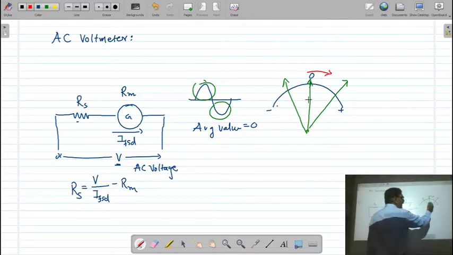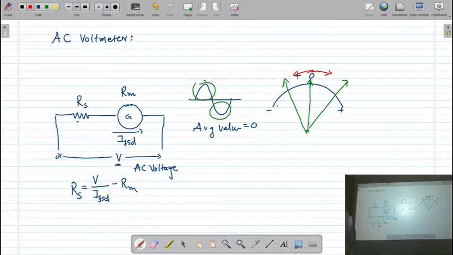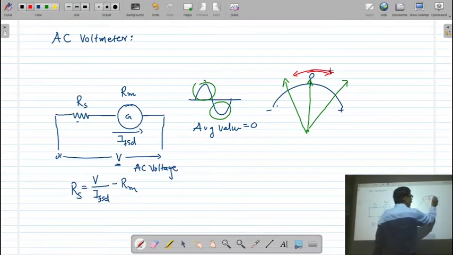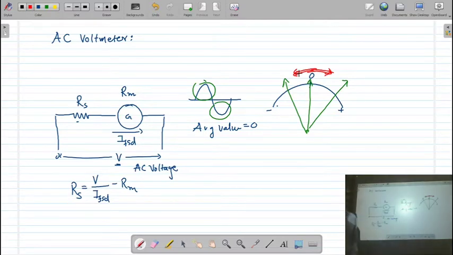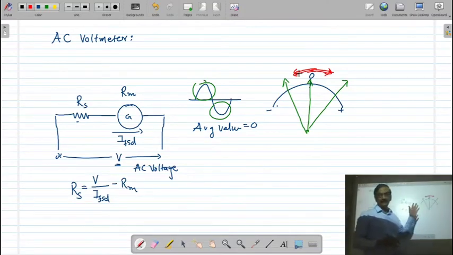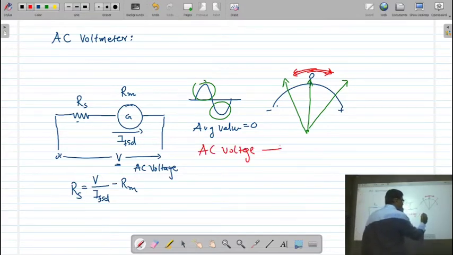While the pointer tries to move to the right, meanwhile the negative cycle is coming, so it has to move to the left. Again, within a fraction of a second, the positive cycle comes, it tries to move to the right, and thereafter it tries to move to the left. But due to the inertia of the galvanometer system, the pointer is not able to move to the left hand side as well as the right hand side. And that's why when we apply the AC voltage, this galvanometer